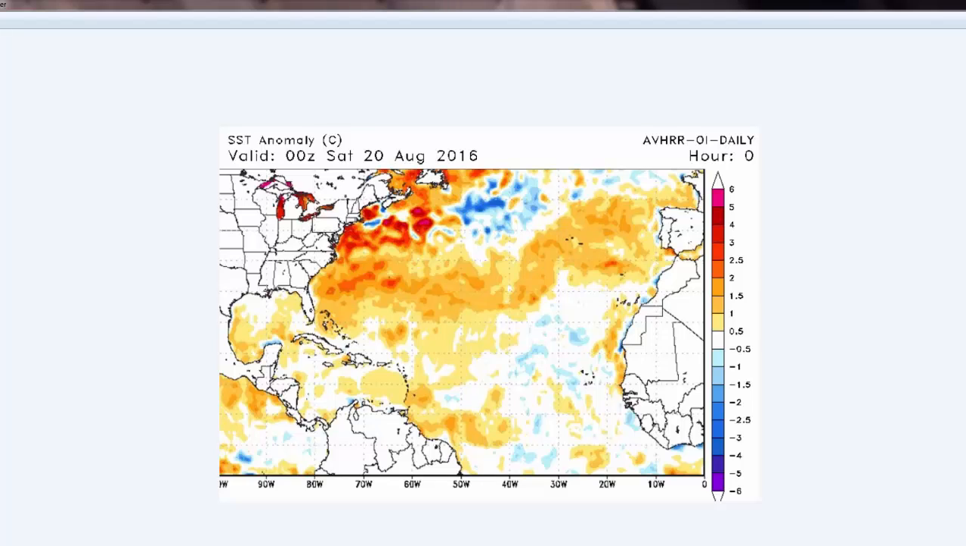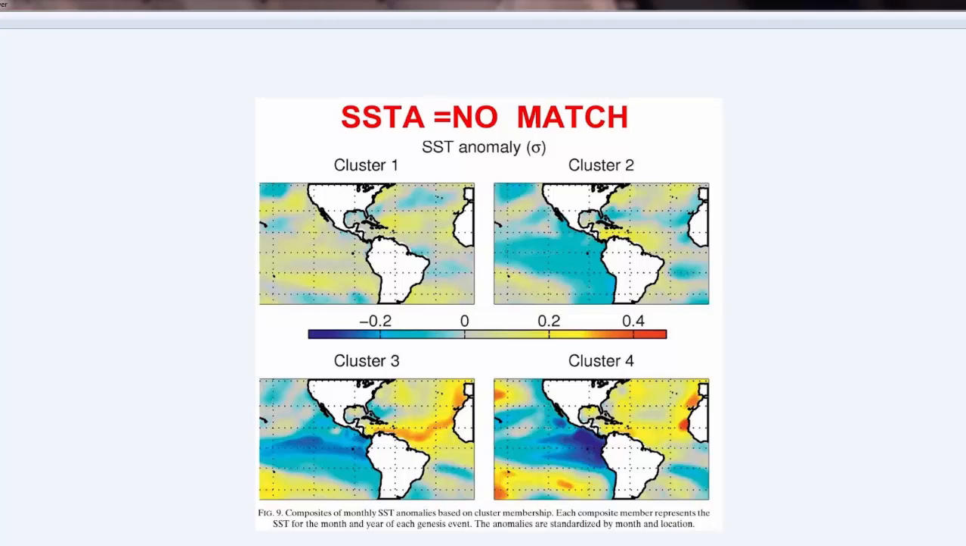As we consider that, we can consider the sea surface temperatures. Notice that most of the really warm water is off the east coast, and a little bit in the Gulf of Mexico and Caribbean. Actually, the tropical Atlantic, especially north of the Cape Verdes, is kind of chilly for this time of year. This is important because research recently done shows that hurricanes in the tropical Atlantic essentially come in four different types or clusters, and they're all dependent upon the sea surface temperature patterns of the